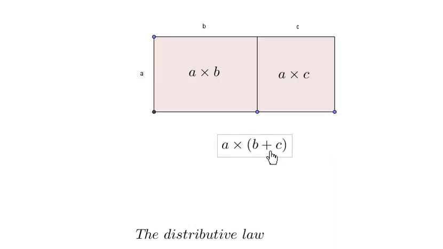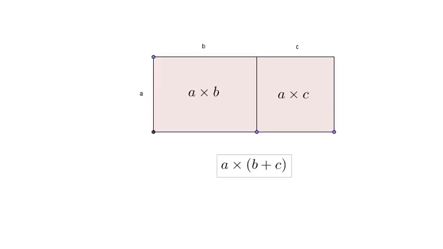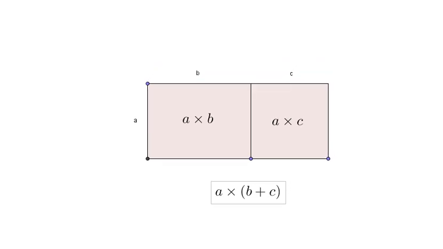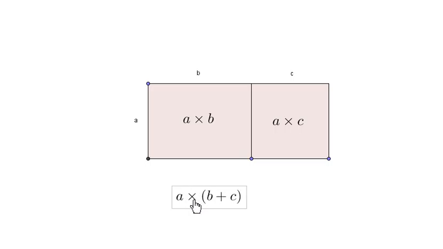Here we have a rectangle whose sides are a and b plus c, and the area of the rectangle is, of course, a times the length of the other side, and the length of the other side is b plus c. But we can split the rectangle into two rectangles, one of sides a and b, and its